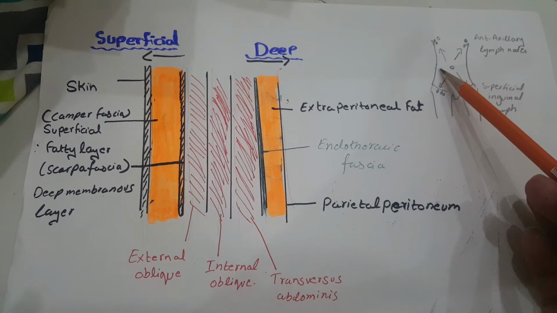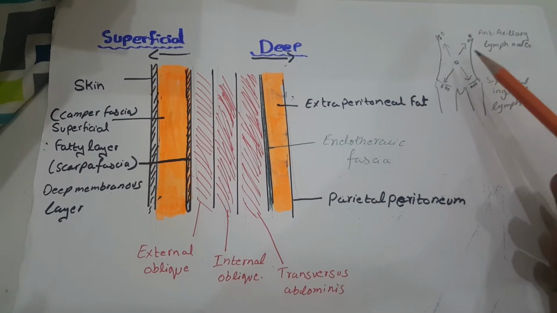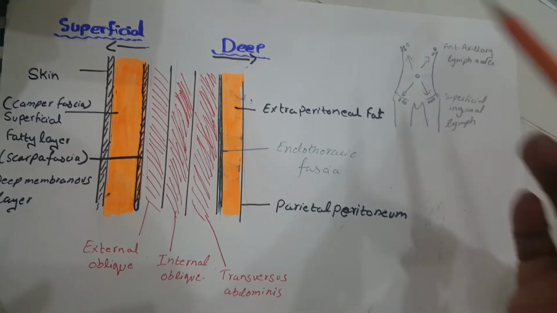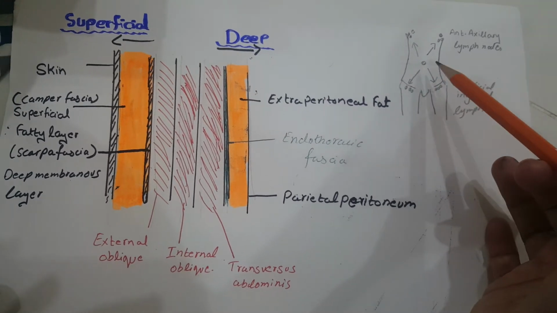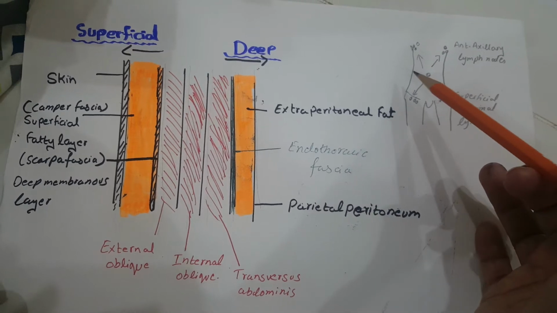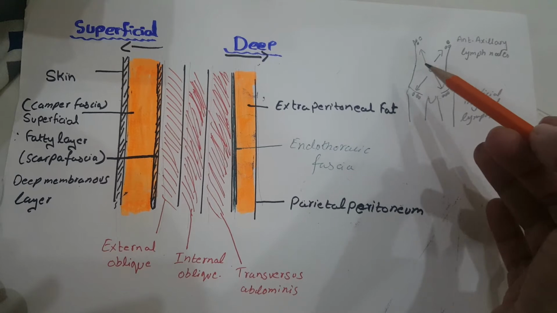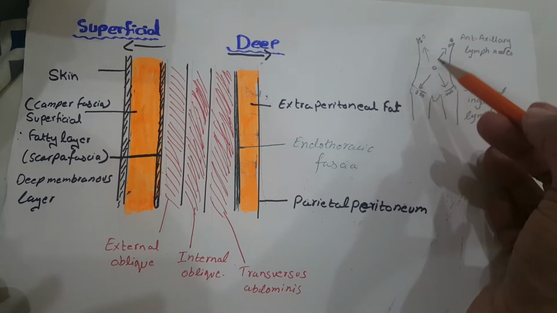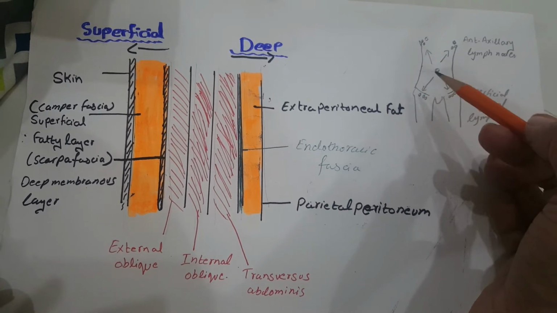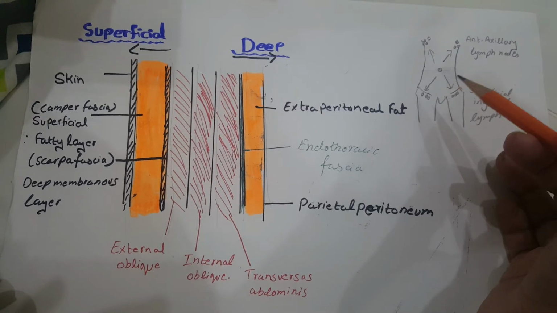The level of the umbilicus is also the meeting point of three systems. These are the digestive system, excretory system and vascular system. The level of the umbilicus is an important point where the tributaries of the portal vein anastomose with the systemic veins to form portocaval anastomosis, and this is the point where swollen veins can be seen radiating from the umbilicus. This occurs in portal hypertension, and this condition is called caput medusae.